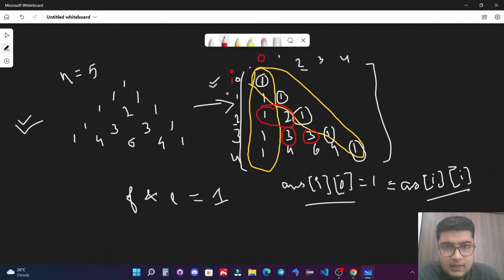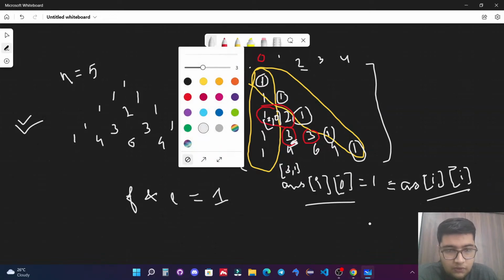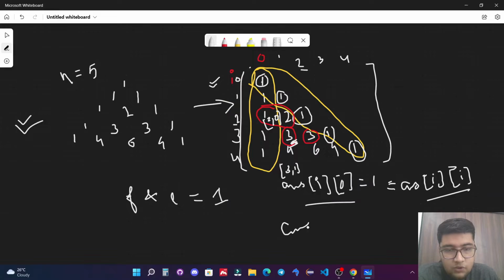So what we can say is, let's say the index of 3 is 3 comma 1, right? The index of this is 3 comma 1 and the index of 1 is 2 comma 0, right? This is 2 comma 0. So what we can say is the difference between both the indexes is minus 1, right? So what we can conclude from here is that this should be equal to